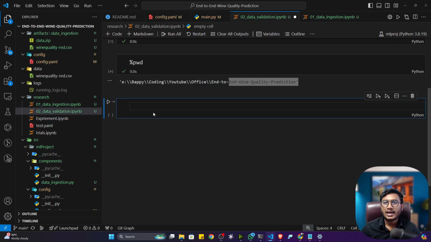So here, first of all, I have to check whether the data we are using has all the columns or not. If any of the columns is missing, that means this is not the correct data. In that case, we won't start the training. We'll raise an exception to the user: your data is not in the correct format, so try to give the correct data. Otherwise, if all the columns exist,